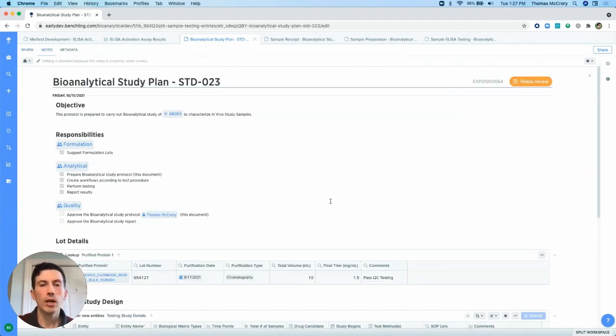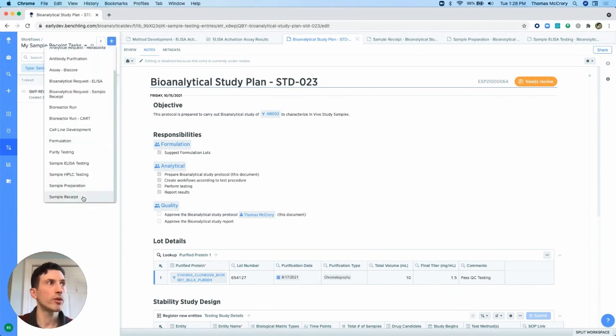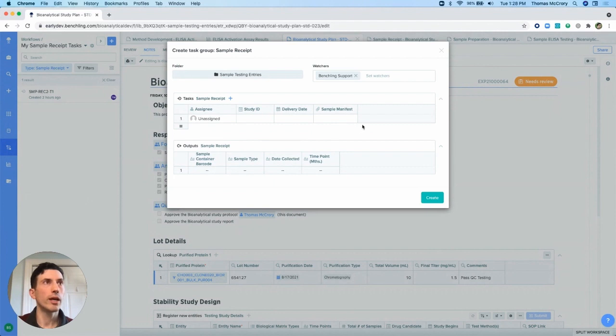Okay. All right. So once that's all been performed, really the scientific aspect or the testing portion of the study is going to kick in, and we'll manage that through use of the workflows application within Benchling. So to first kick that workflow off, the analytical team is going to create a new workflow from, say, sample receipt, where then I'm able to assign a receiver for this study. I'll assign it to myself here,